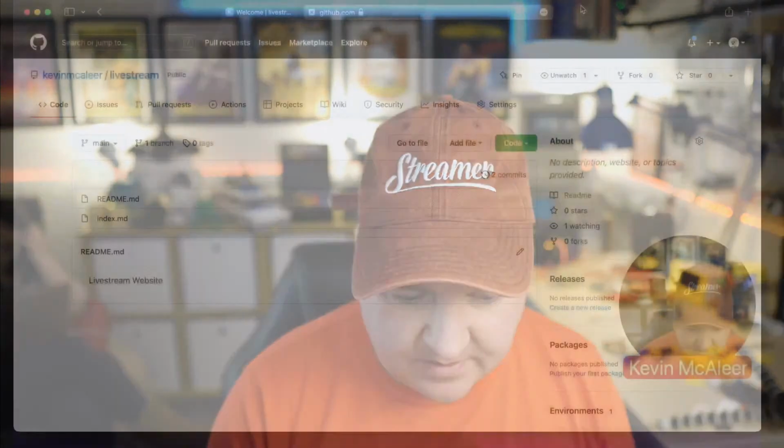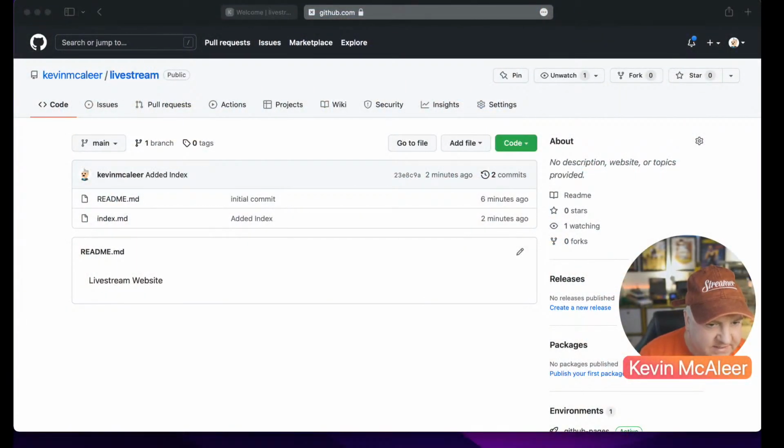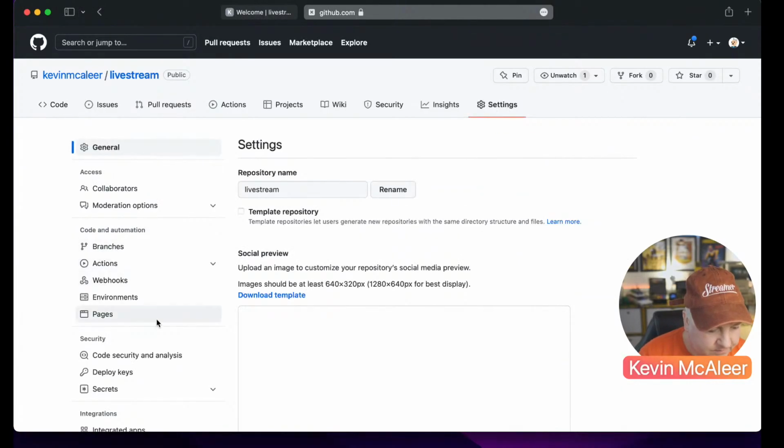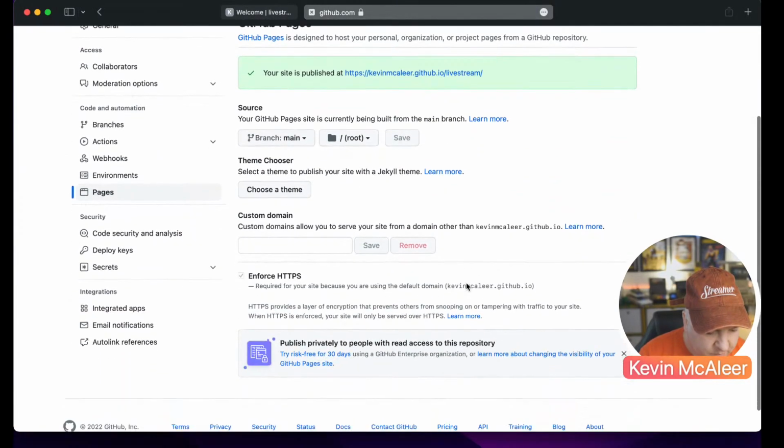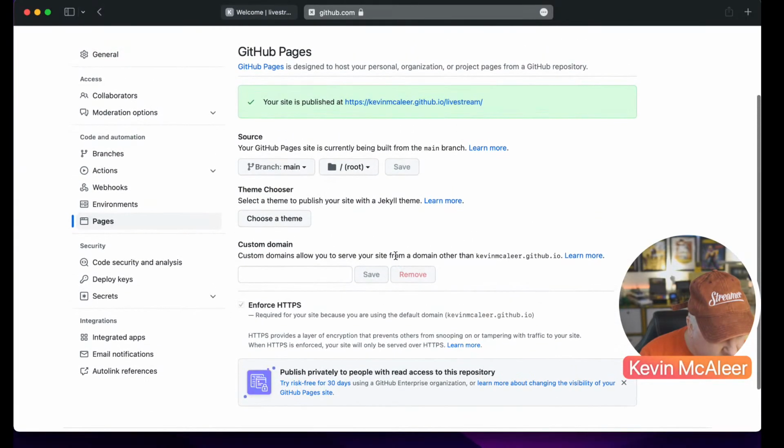So I'm just going to load up the GitHub repository. Let me just get that open. McAleer/livestream. Okay, so if I go back to the settings and I click on pages again and we scroll down a bit, let's have a look what's going on here. We can actually set a custom domain. So if we owned a domain such as kevsrobots.com, we could save that in there. There's a button there that says learn more. There's a few extra steps you can do there,